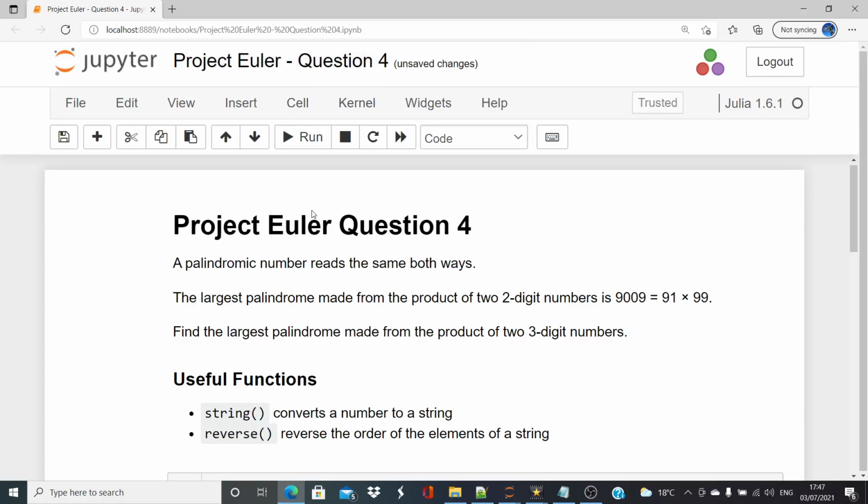Now, this is an interesting one. Project Euler question 4. A palindromic number reads the same both ways. So if you're reading the digits out forwards, you should get the same backwards. For example, 121 reads the same forwards and backwards. The largest palindromic number made from the product of two two-digit numbers is 9009. That is the product of 91 and 99. Okay, so the question here is: find the largest palindrome made from the product of two three-digit